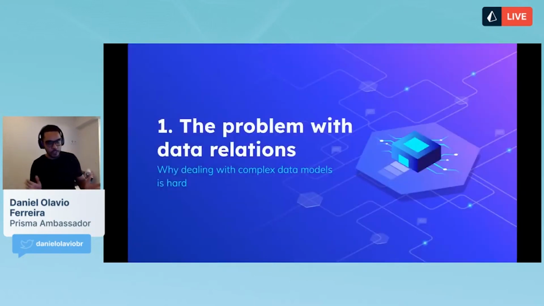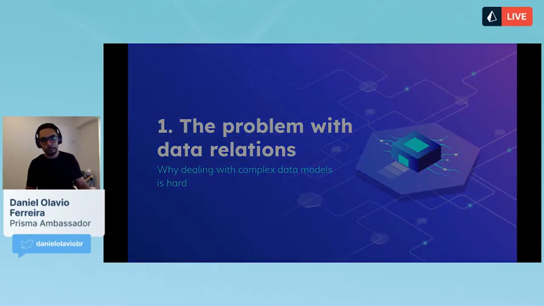So okay, the first thing that we got to understand is, what is the actual problem? What are we talking about here? What is the problem when we are talking about relating data in our databases, and why can it get so hard? Because when we're talking about small applications, that's no problem. We can connect one table to the other, many to many, one to many. That's not a big deal. But when it comes to very large applications, that could be a really big problem.